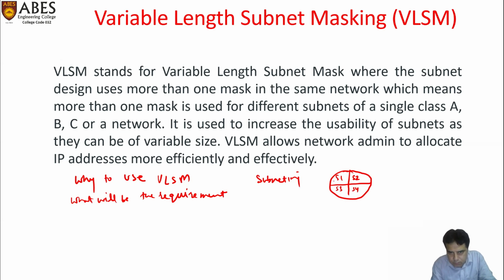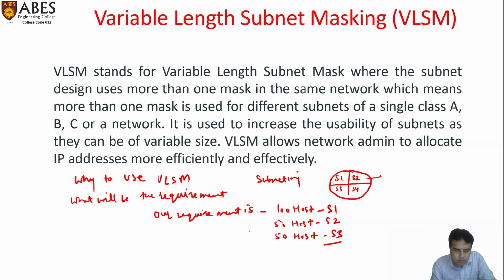The sizes of the four subnets are equal, and the number of hosts in subnets S1, S2, S3, S4 are equal. If our requirement is to connect 100 or more computers in subnet S1, and 50 hosts in subnet S2, and 50 hosts in subnet S3,